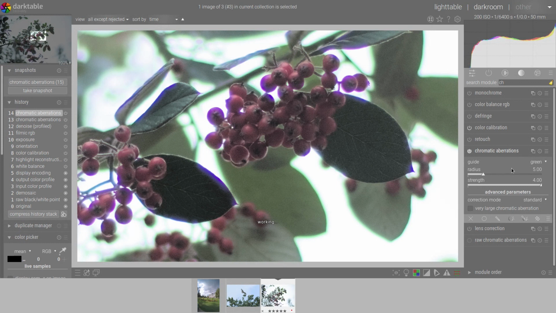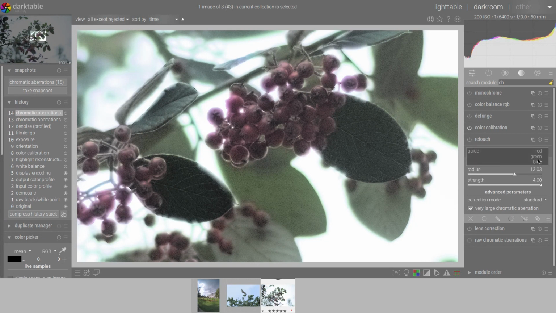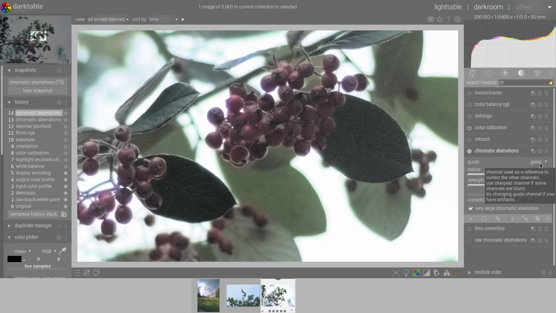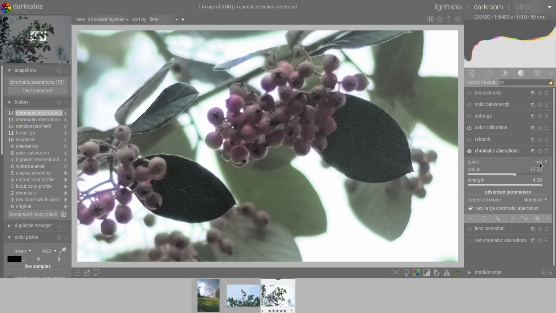I increase the strength, I increase the radius, enable the very large chromatic aberrations. But you can see that unfortunately our red balls are getting much darker. We can try to change the guide. You can see that we get a quite different effect depending on the guide, on this particular image.